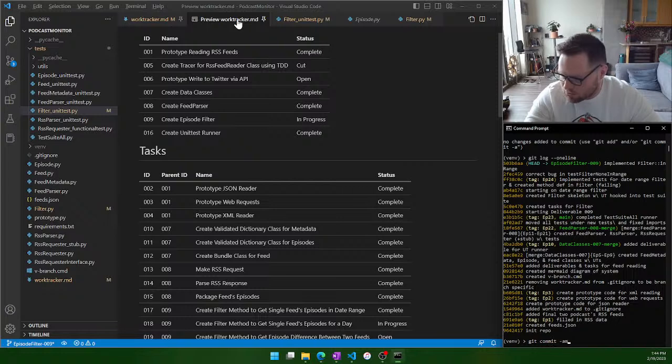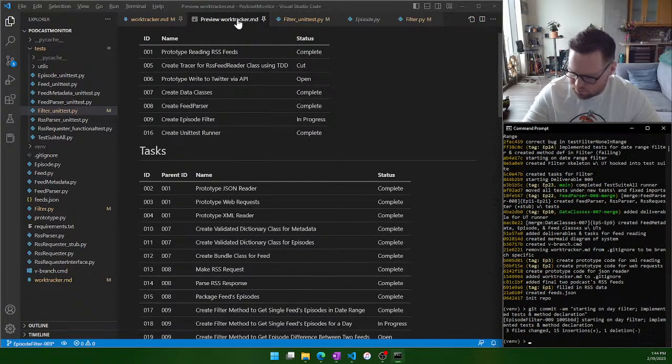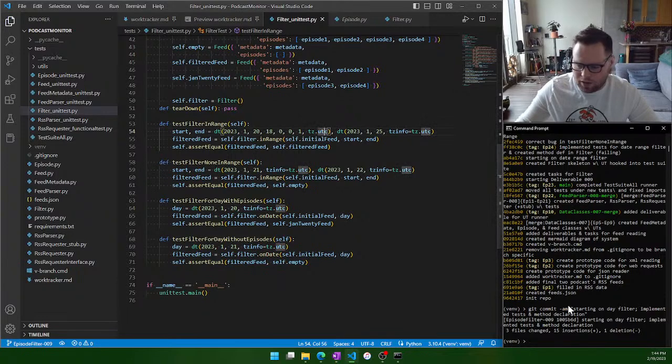Git commit, starting on day filter, implemented tests and method declaration. Alright, cool. So now